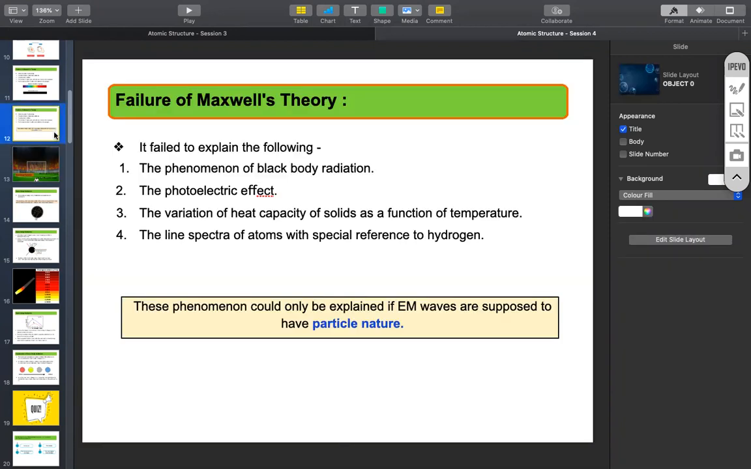Now, guys, one thing is clear that light has dual nature. It is not just a particle, not just a wave. It has a dual nature. So what we understood, electromagnetic